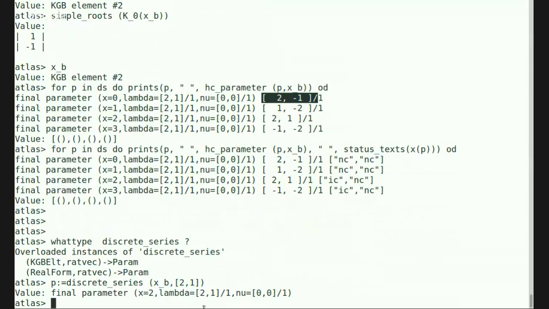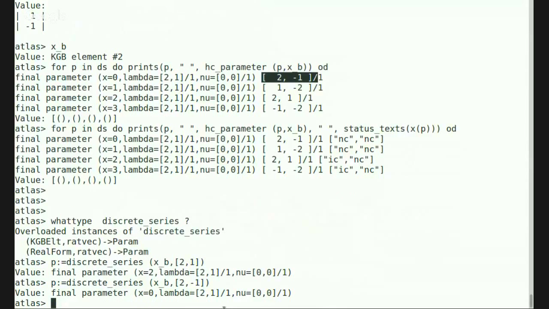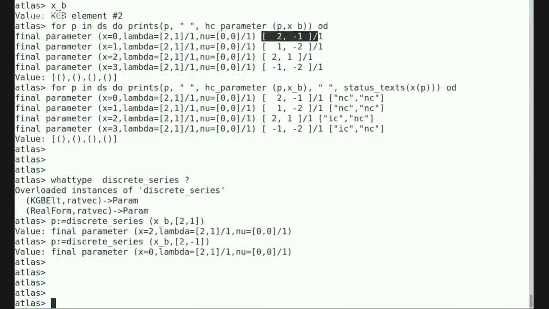And the lambda is equal to 2, 1. So, for example, if I wanted the large discrete series, I'd take 2 minus 1, and that's going to give me the discrete series with x equal to 0. So what the software is doing is, it's this Harish-Chandra parameter that you're giving, 2, 1 or 2 minus 1, it's